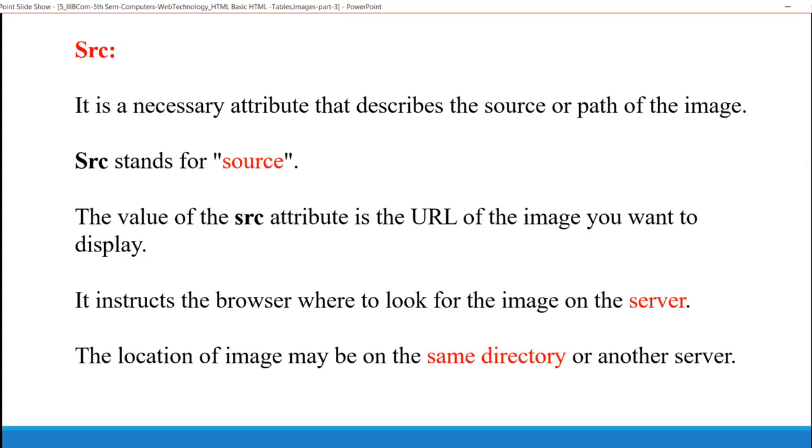The value that is provided for SRC is URL. URL of the image you want to display. It instructs the browser where to look for the image on the server, either in the same directory or other servers. Location of the image.